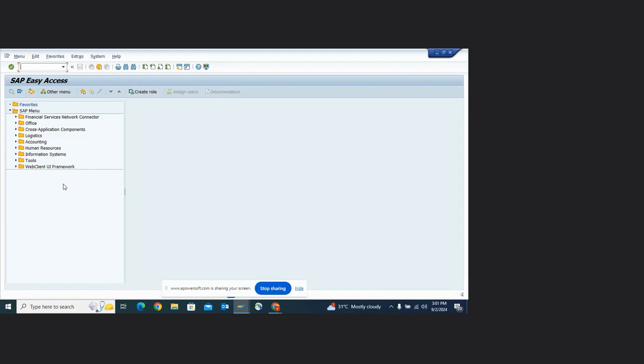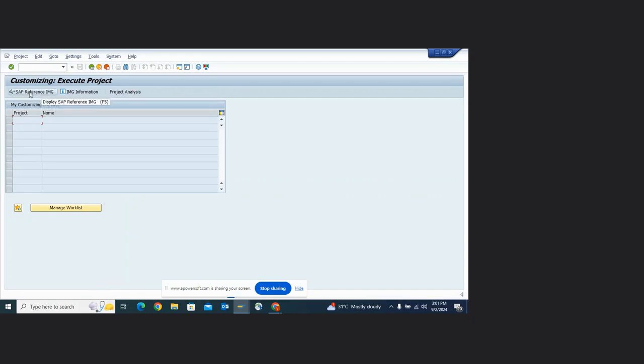Our second screen is the SAP IMG screen. Let me show you that screen. On the command bar, this is called the command bar or command field, we need to put the T code SPRO in order to access the SAP IMG screen. T code means the transaction code in SAP to perform different transactions. This is the shortcut method. Just put SPRO and press enter.